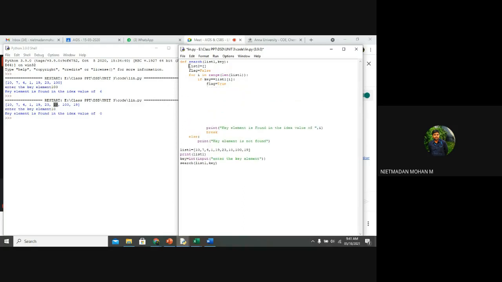Inside the function, I have created one list and one flag variable called flag, and I am assigning it as false. If i in range, starting from 0, if key is equal to list1 of i, say I am searching the key value 10, and 10 is equal to 10, then this flag value will become true.